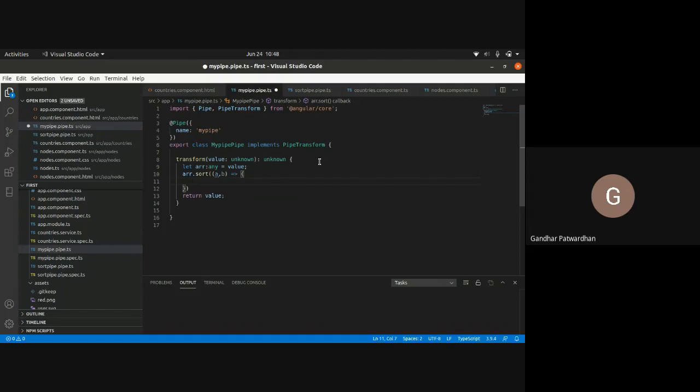In this callback function, I would say if a.name is less than b.name, return -1, else return 1. And after that, instead of value, you should return arr.